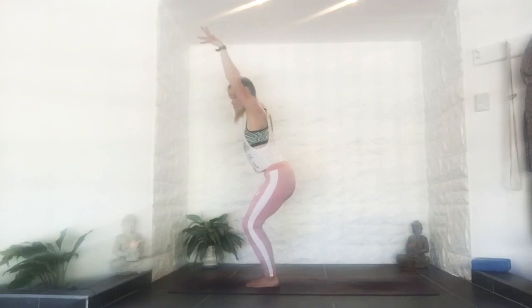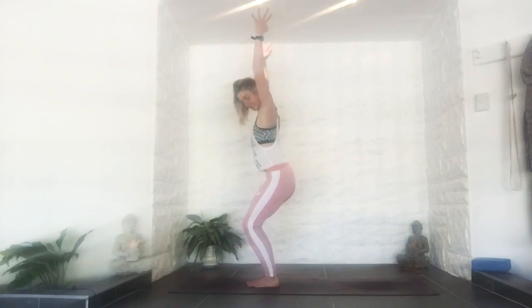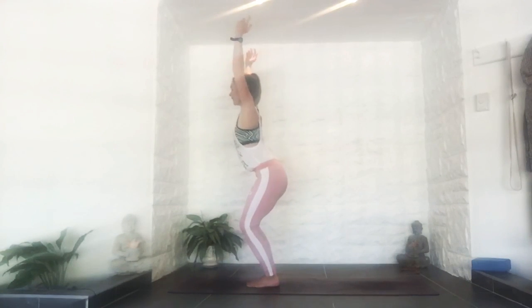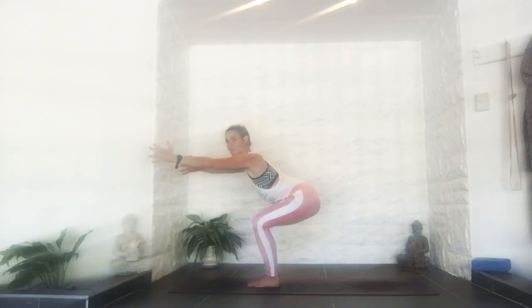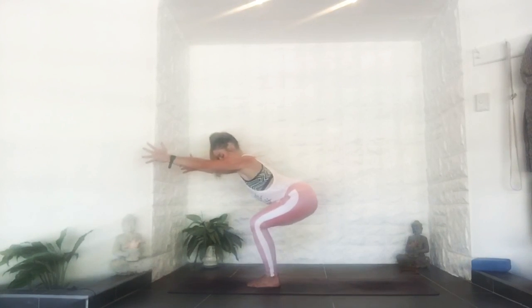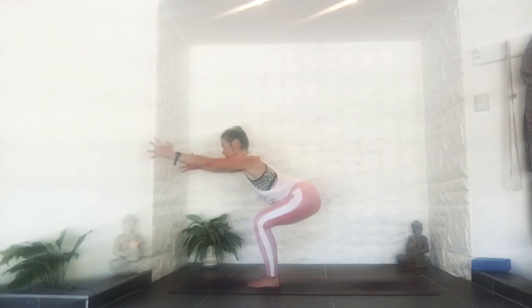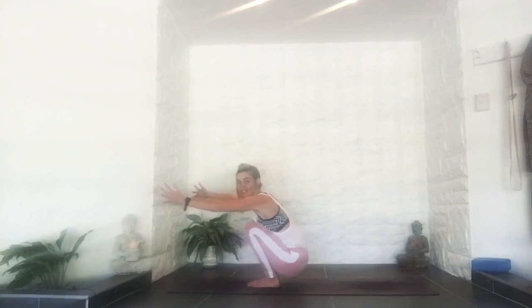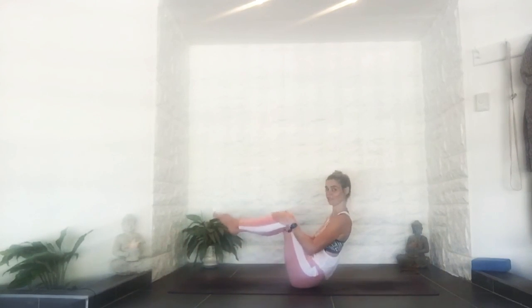Inhale, Utkatasana, chair pose. Bring that belly in, taking your gaze up. One deep inhale, exhale, lower halfway. Let's hold it here, really sitting back, connecting to the feet, opening up through those sit bones. One more breath. And then with control, we're going to lower all the way down, coming down onto the earth and back into